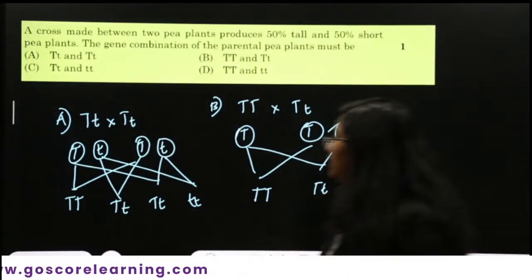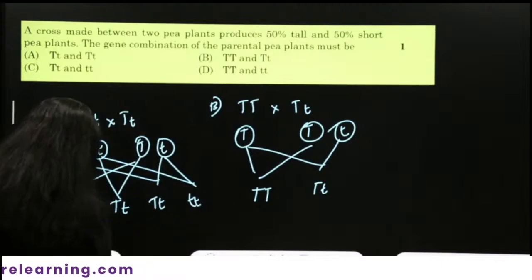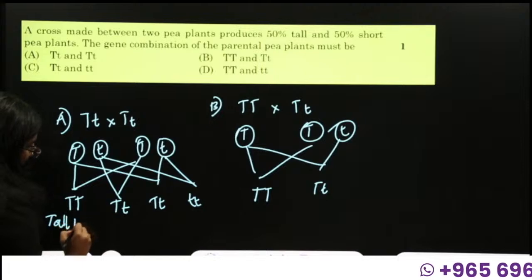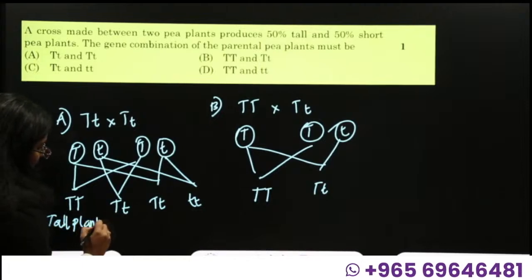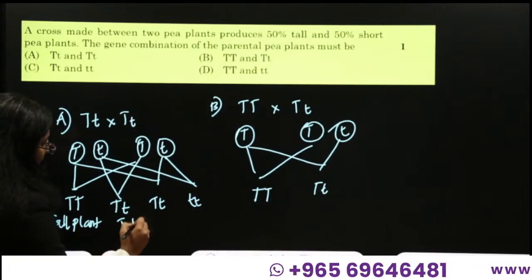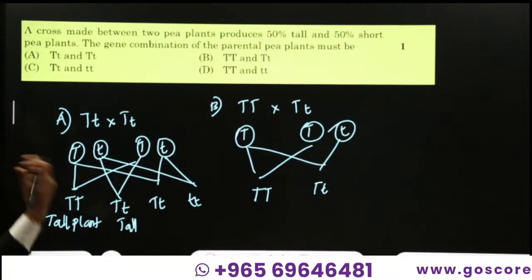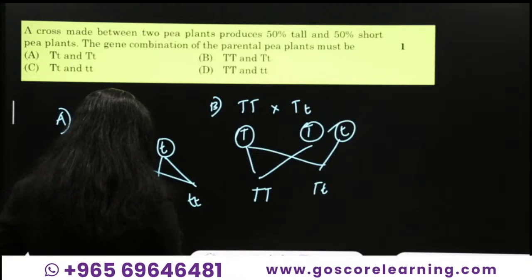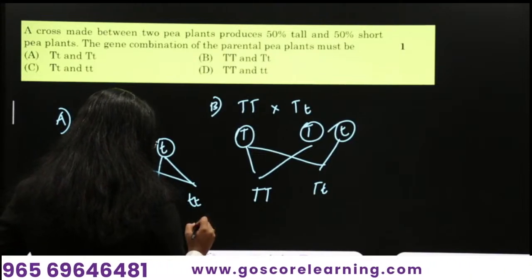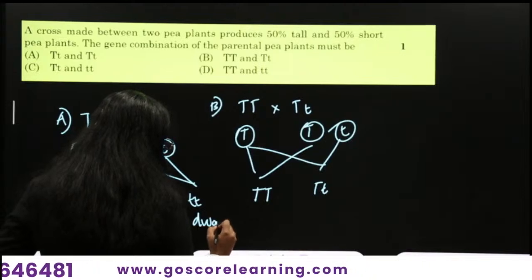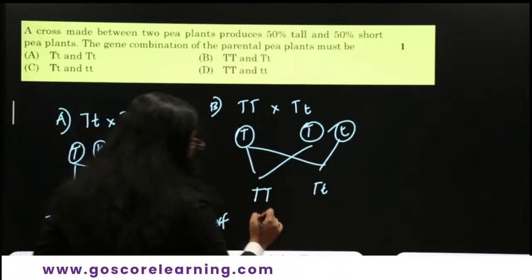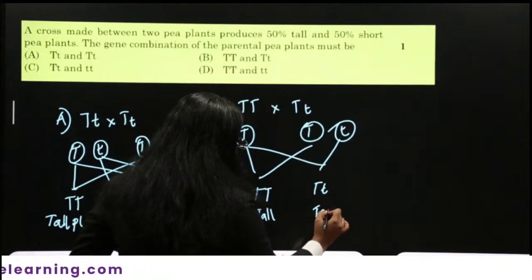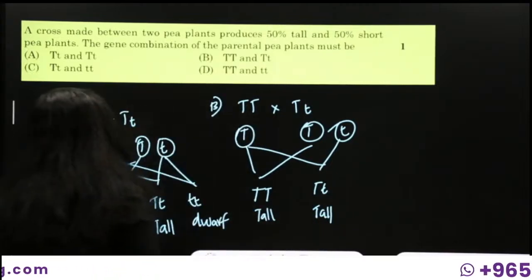So when it comes here in option A, we could say they are tall plants. They are tall plants. Here also, since T is the dominant trait and is present, we can say they are tall plants. They are also tall plants. They are dwarf plants or short plants. In this case, capital T is tall, and this one is also tall. Then next,